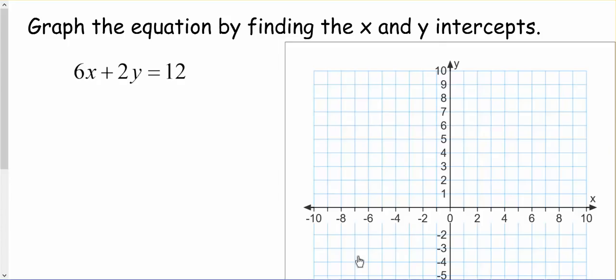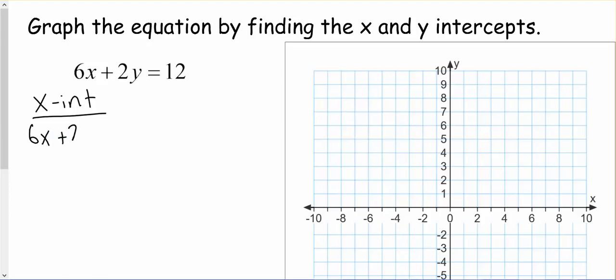This is lesson 25, the slope of a line. So if we're doing this, this is our warm-up. Graph the equation by finding the x and y intercepts. So our x-intercept is